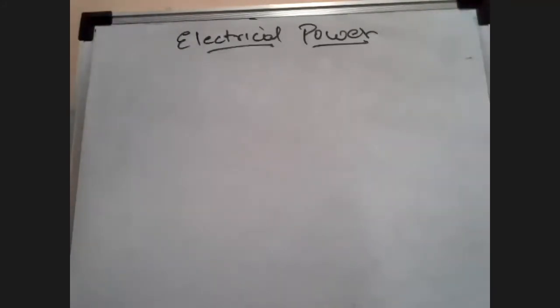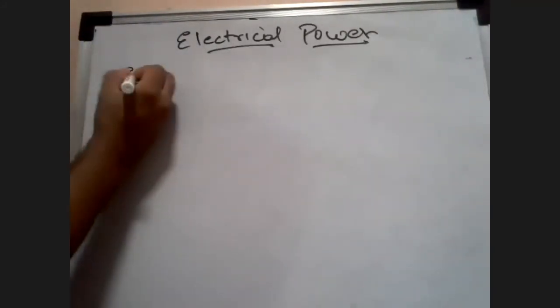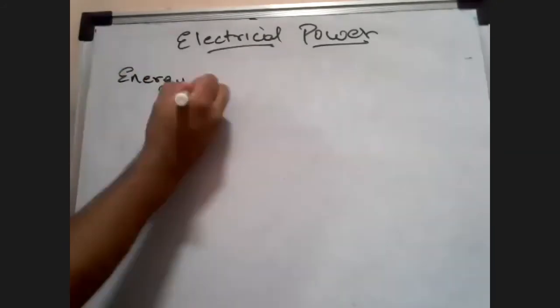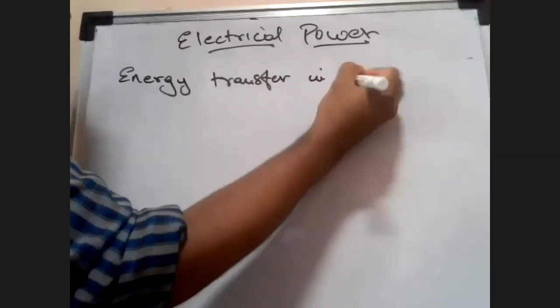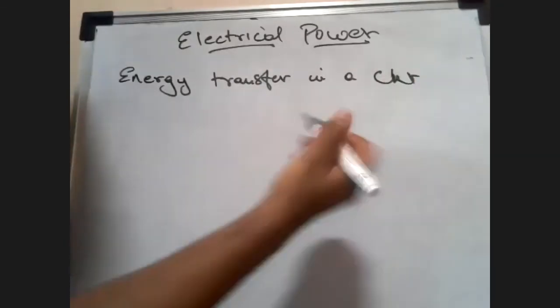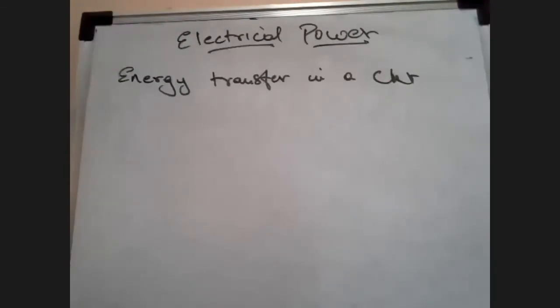What is it? It's basically energy transfer in a circuit. What will we come to know by learning this? Basically, you will learn how much consumption any device in your house takes. For example, a bulb. If it is 100 watts, we have all heard 100 watts, or something like your microwave oven, maybe 1400 watts, 2500 watts, whatever.